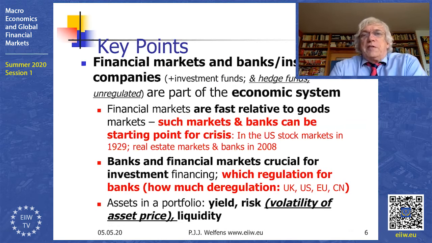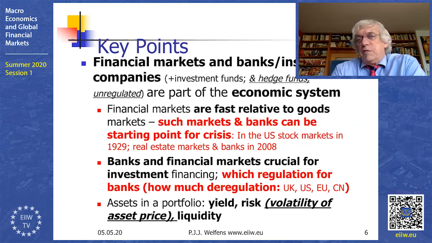So some key points. Okay, financial markets, banks, insurance companies. We are talking also about investment funds and hedge funds. The latter are unregulated. They're all part of the economic system, and are important in various ways. What is specific of financial markets, they have a high speed of adjustment, so they are relatively fast compared to goods markets. And on the other hand, we have seen that financial markets and banks can be a starting point for